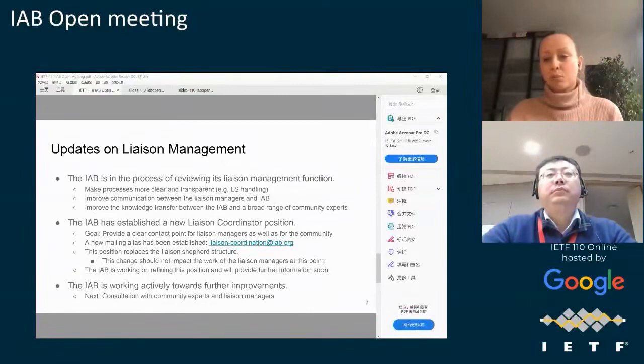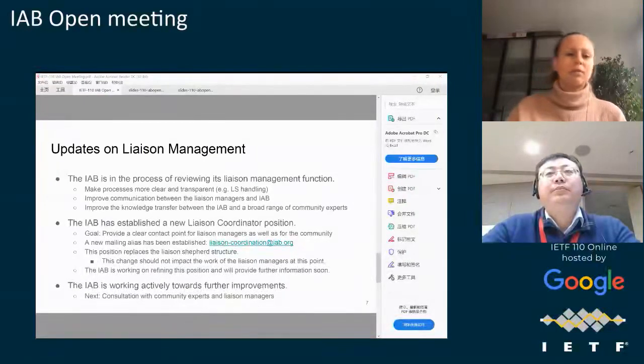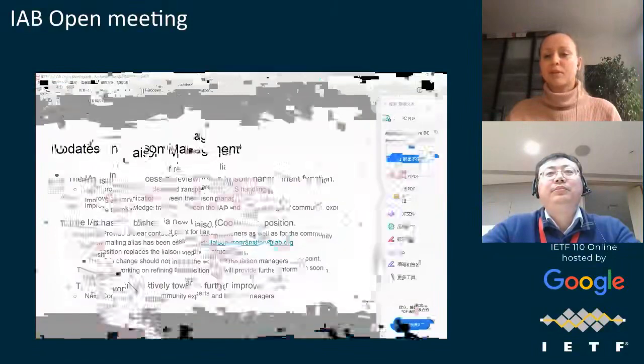But to be honest, if you use any of the other email addresses that you find on our website, most of them go to the Secretariat and they know how to forward this to the IAB. So it shouldn't be that hard to reach us. It's probably just unclear how to do it. Okay. Simon is already gone, right? Do you think this email address will help, or is there more advertisement needed?